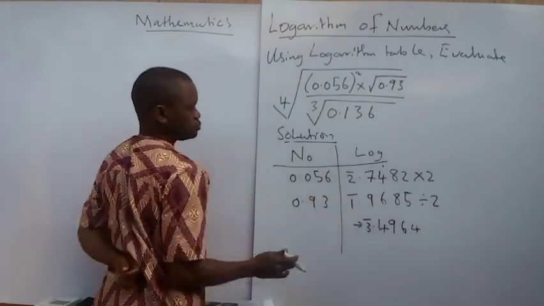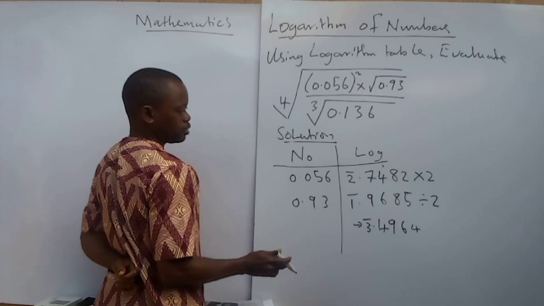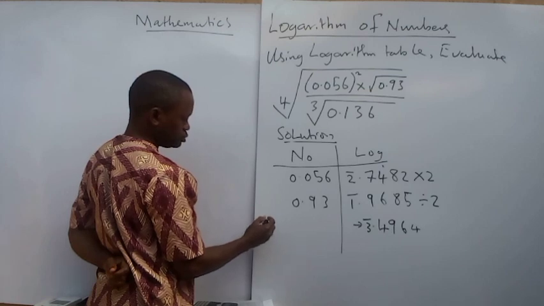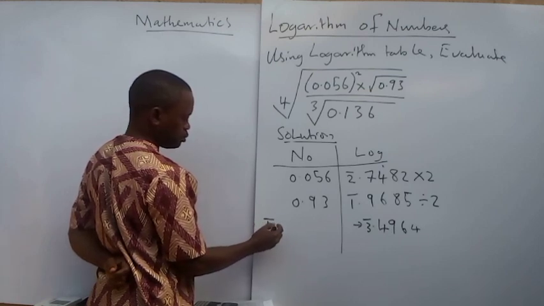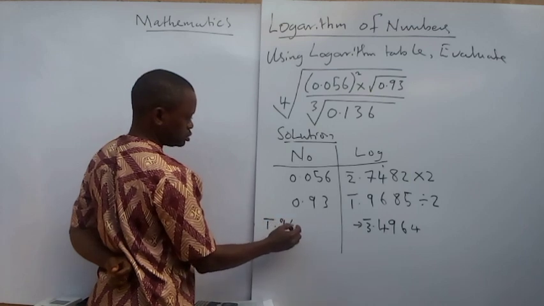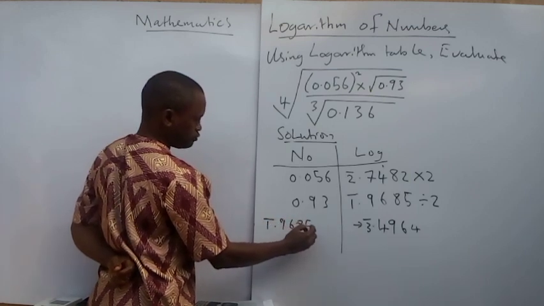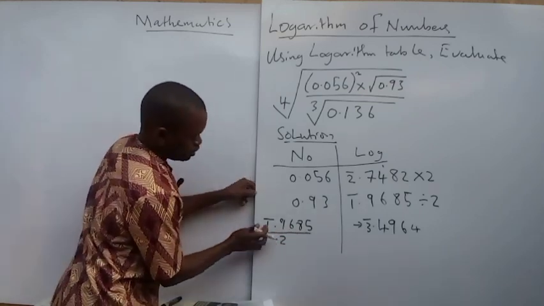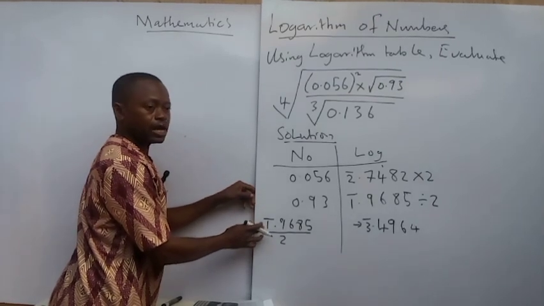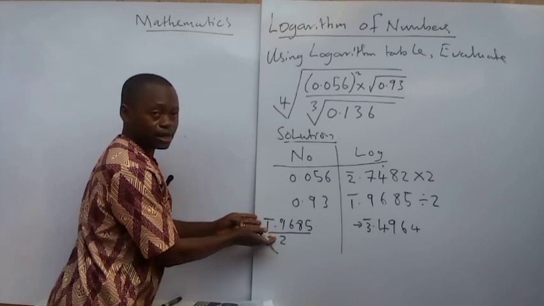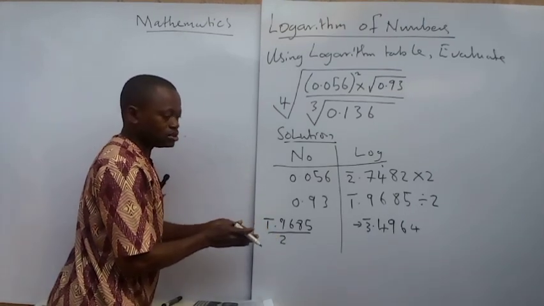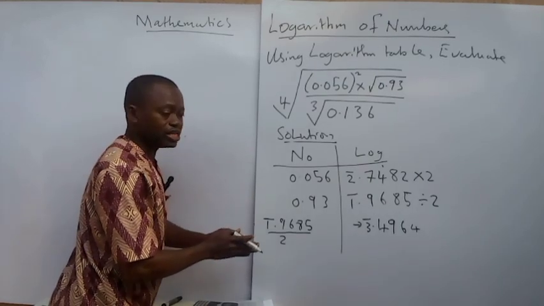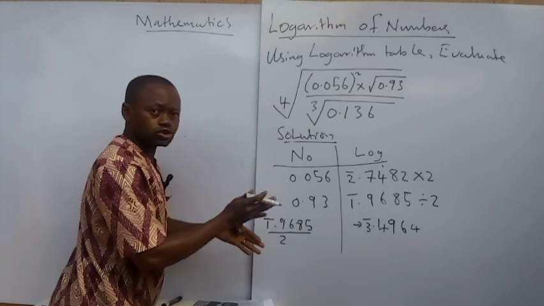Now back here, we do the division. Now let me do it outside here before bringing in the figure. You will see it clearly. I want to divide bar 2.9685 by 2. Do you realize that 2 divided into this is not possible? And I treated issues that have to do with bar notations as a single class. Please check out the class where I did that, because I did a thorough explanation with examples in multiplication, division, addition, and subtraction. Please.